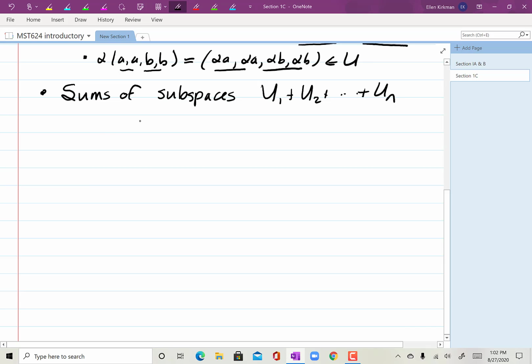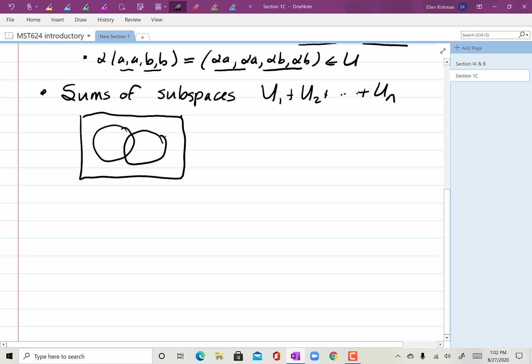And so the point is, within V, I've maybe got two different subspaces that are vector spaces in their own right. And so I know the zero vector is in both of them because you need a zero vector. So maybe this one is U1 and this one is U2. And we'd like to put them together to get the smallest subspace that contains them both. So, and we'll prove this, the smallest subspace,